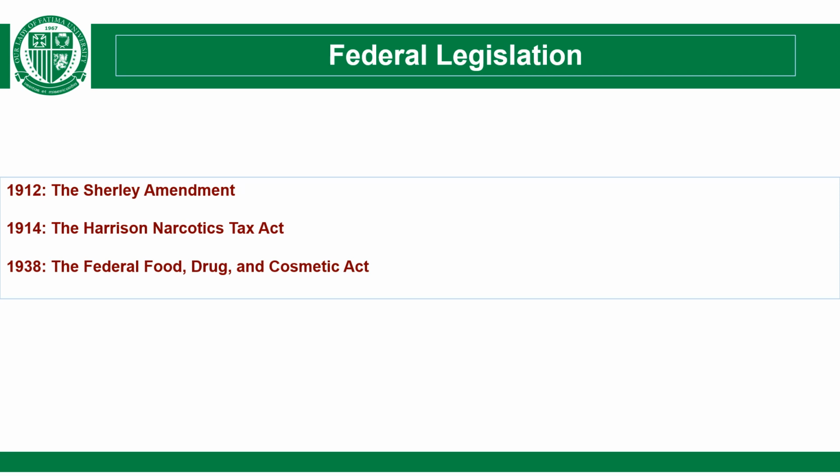Then we have the Federal Food, Drug, and Cosmetic Acts. This is to ensure drug safety before marketing. And remember, it is the FDA's responsibility to ensure that all drugs are tested for harmful effects. It is also required that drugs be labeled with accurate information and have detailed literature in drug packaging so that there will be explanation on the various adverse effects of the medication.